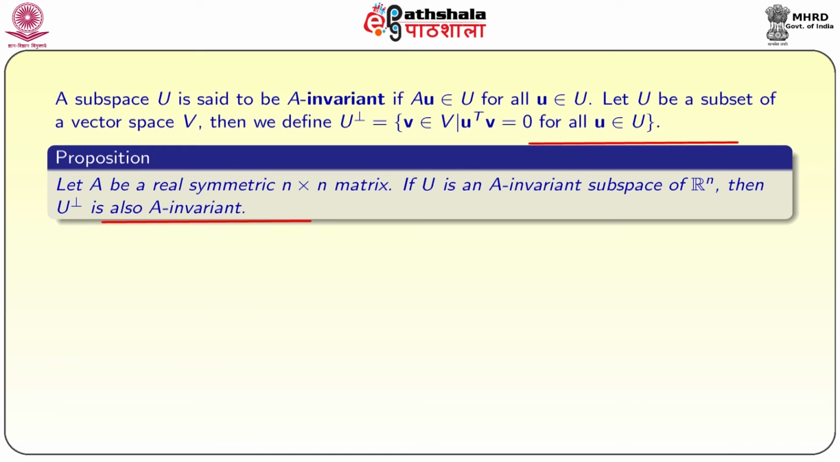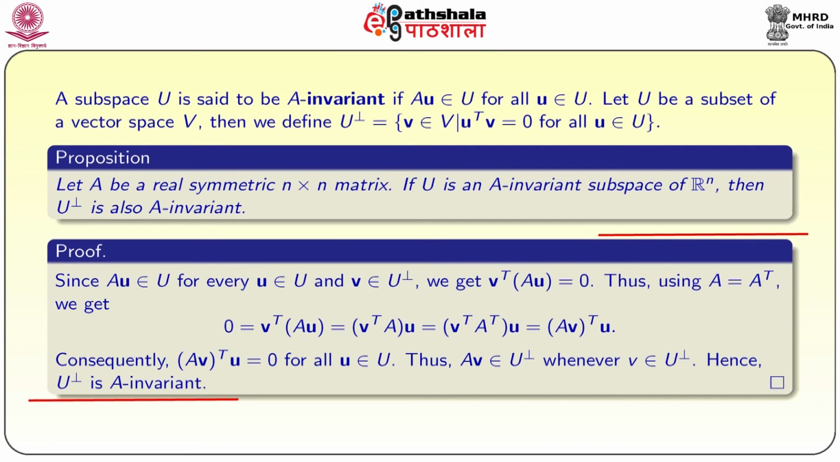So, one of the results is that if A is a real symmetric n by n matrix, and U is an A-invariant subspace of R^n, then U perp is also A-invariant. Since Au belongs to U for every u belonging to U, and v belongs to U perp, we get v transpose into Au equal to 0. Thus, by using A equal to A transpose,